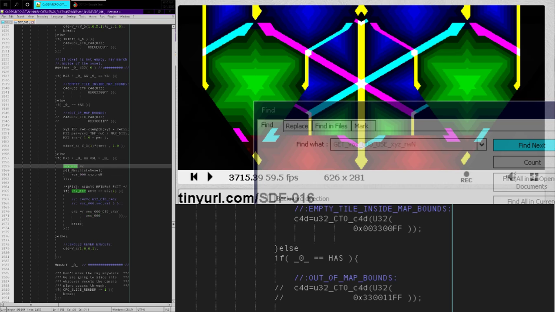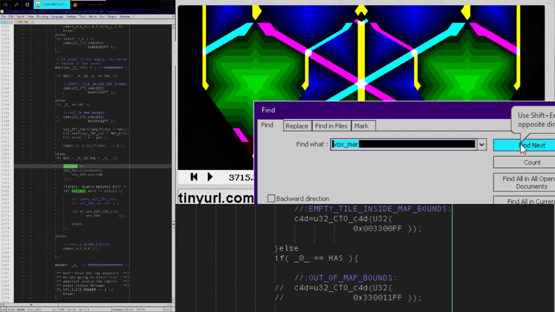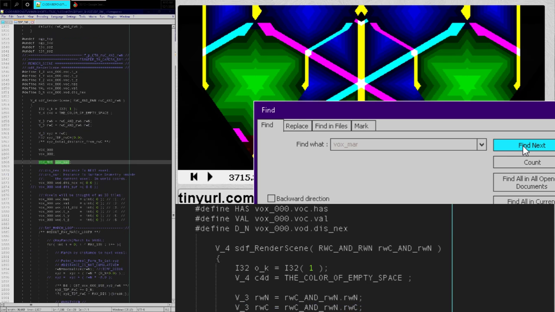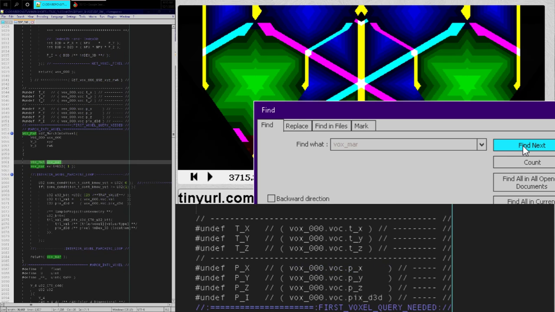Okay, yeah, so this thing that's called Voxmar, now that I'm seeing the code and the analogies here, I think that Voxmar should actually be called, to be consistent with,